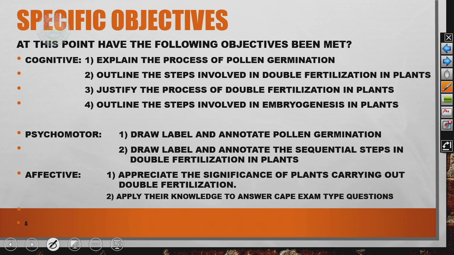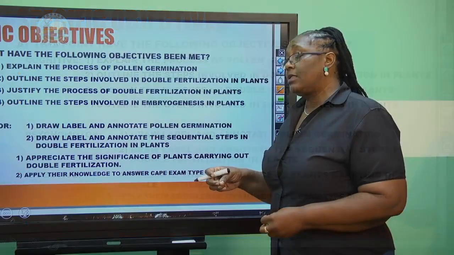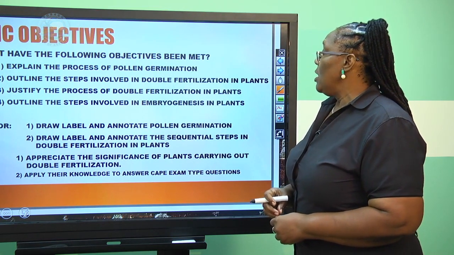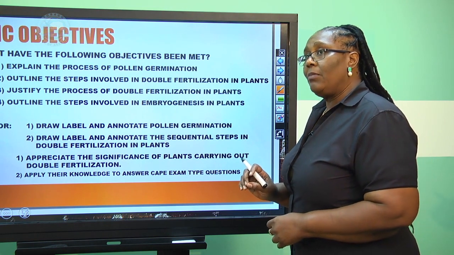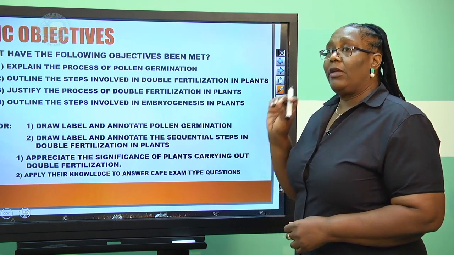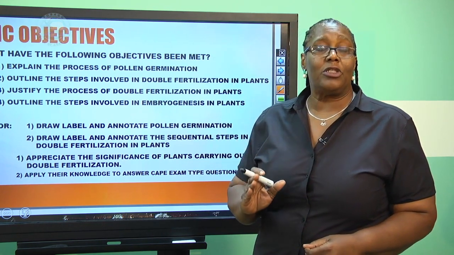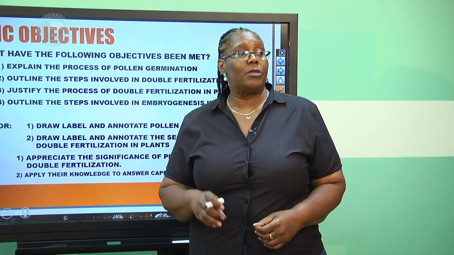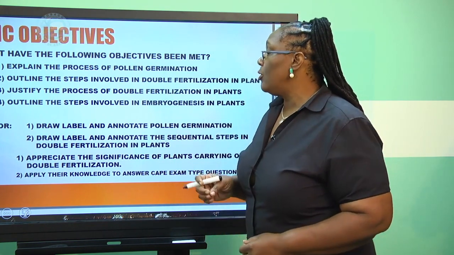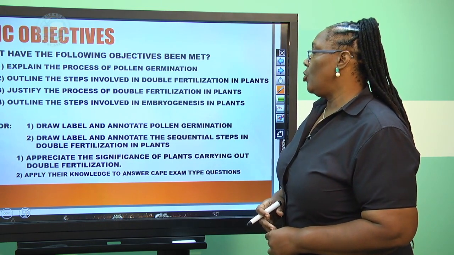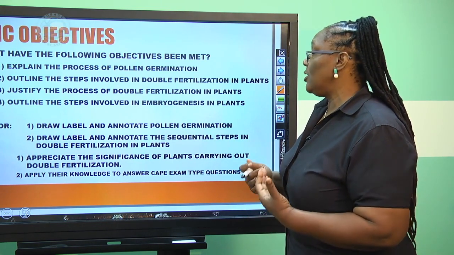You should also know how to draw, label, and annotate. And I want you to continue this beyond this session here. Draw, label, and annotate the pollen germination. So when you label it, make sure you do your necessary justified labeling lines. You know what your labels should be, either small caps or script lettering, and you do that for the pollen germination, and also to draw, label, and annotate the sequential steps